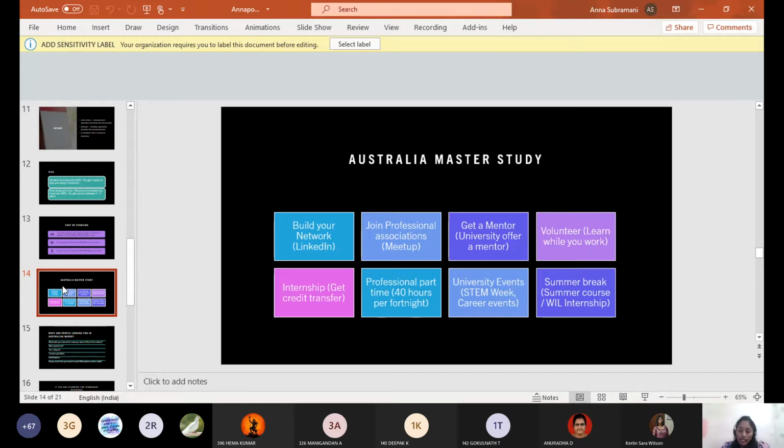And as I mentioned already, internships. Most people here work in their summer break, but I would prefer to do this as professional work instead of working in a cafe or a restaurant. Yes, we should do that because we earn part time. Most of us overseas would do part-time work, but this summer break really helped us do a work-integrated learning experience. Thereby, we got an internship, we worked there, we gained experience, and we took that for a credit transfer.